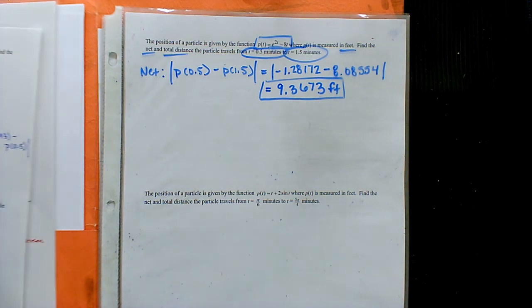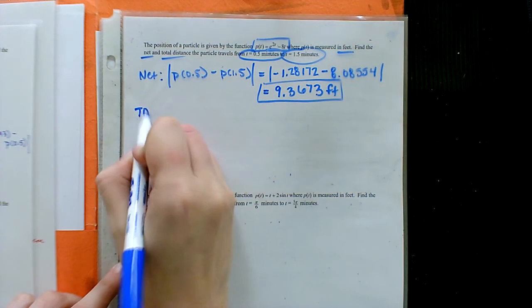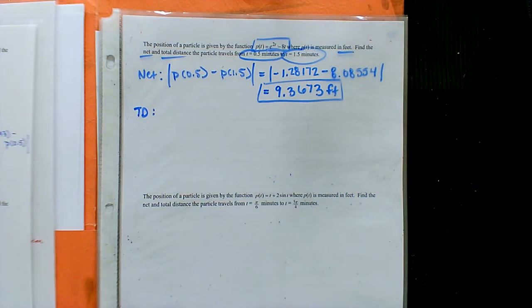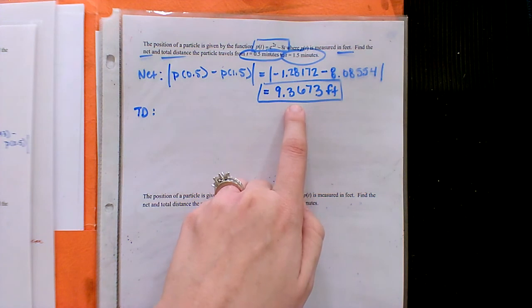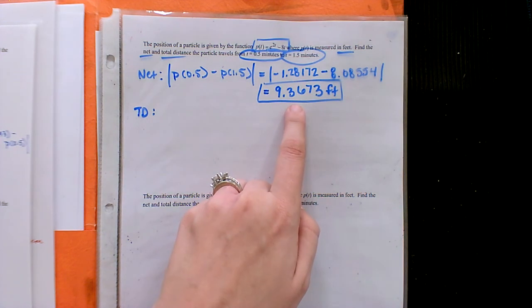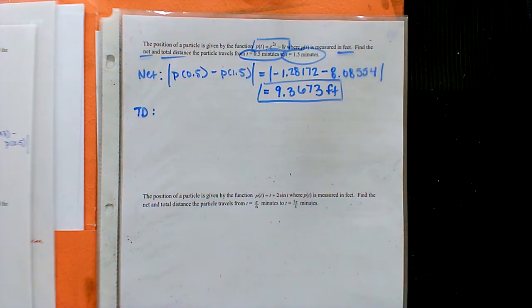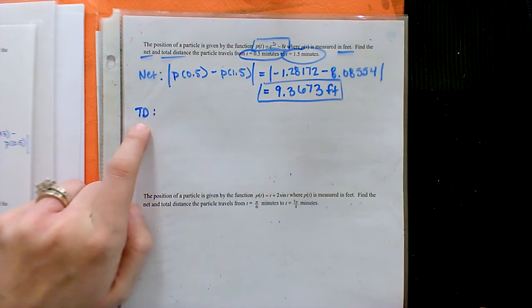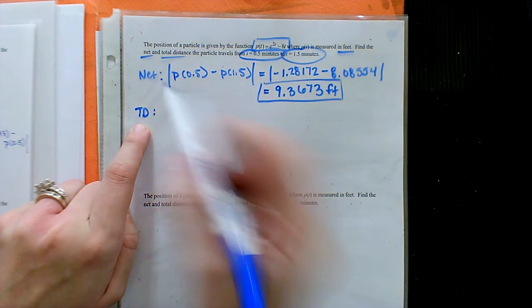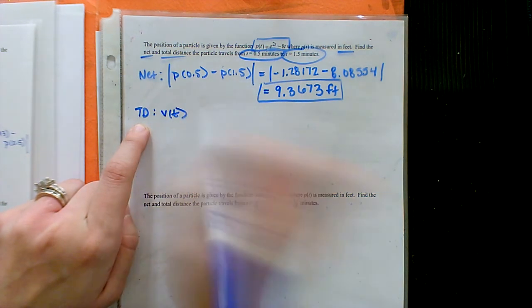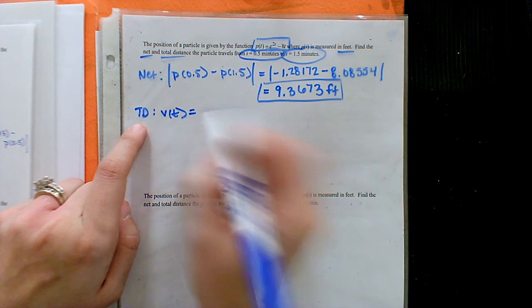All right, so from where we start to where we end, this is how much we've traveled in terms of displacement. Now for total distance, we got to figure out if we change direction anywhere, because if we do change direction, then this net distance is probably going to be more, because we're traveling more than what we actually did between the beginning and ending. So we got to figure out, where do we change direction? They give us position. We got to analyze velocity, see when that's 0.